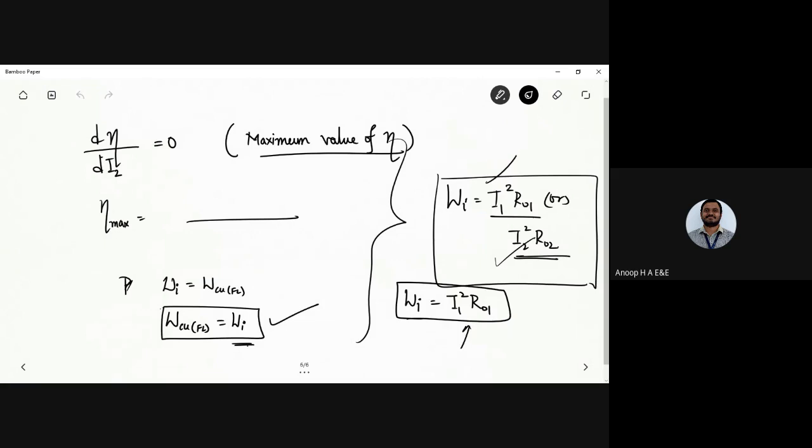Okay, so these are some of the important derivations that we have got. You have to keep in mind that all these derivations are quite important, and one of the derivations will surely be asked from the examination point of view. So let us move on to the next one.